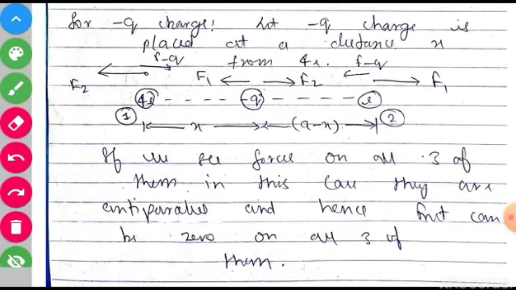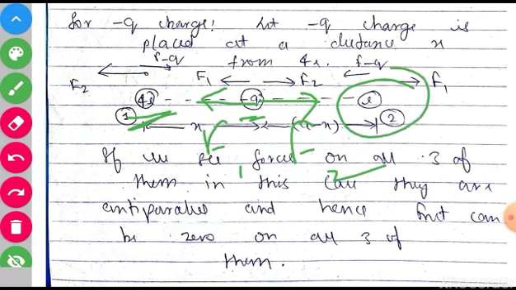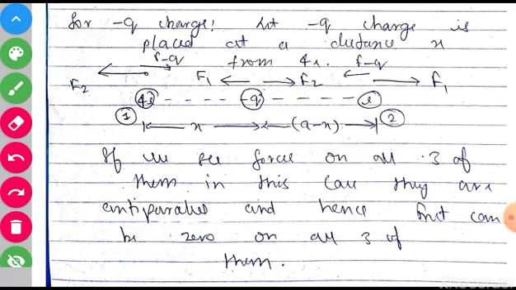Now let's draw all the forces on all. I have shown the forces acting on all three of them in the single diagram, so you have to look carefully at the diagram here. So now here is our minus q charge. Let me first show the forces on this minus q. This minus q will experience an attractive force due to this 4e charge, so here it will be F1. This minus q will experience an attractive force due to this e charge. Hence I have shown these forces here, F1 and F2.